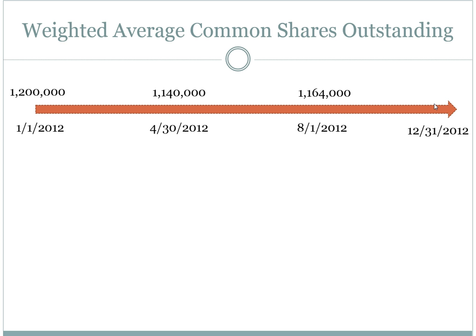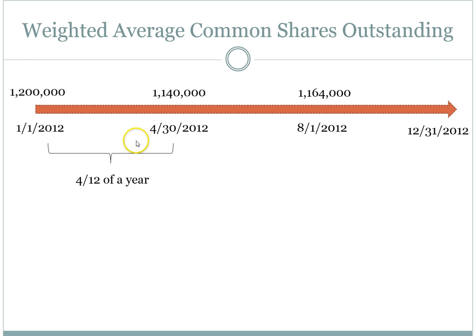These numbers and dates represent the numbers of shares that were outstanding at specific points in time. In order to determine the weighted average common shares outstanding, we're going to weight each one of these values for the proportion of the year for which those shares were outstanding. For example, from January 1st to April 30th is 4 months: all of January, February, March, and April. So we had 1.2 million shares of common stock outstanding for